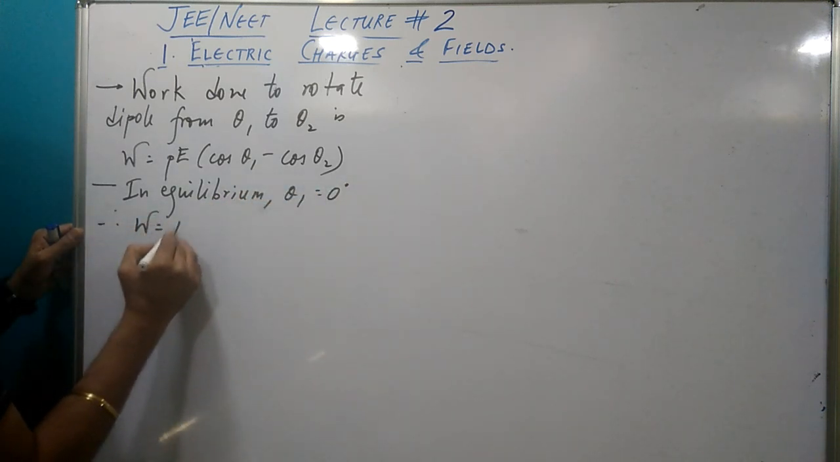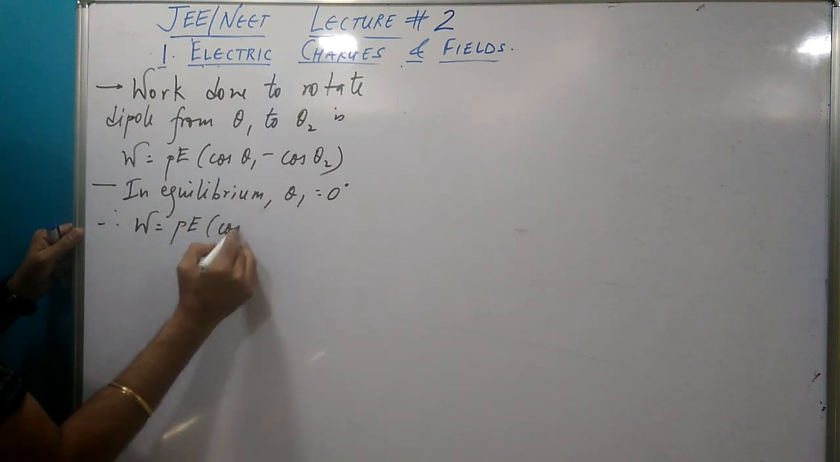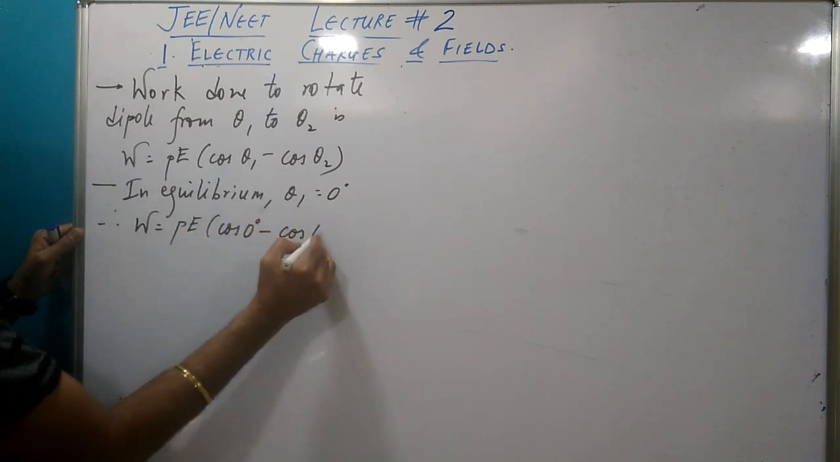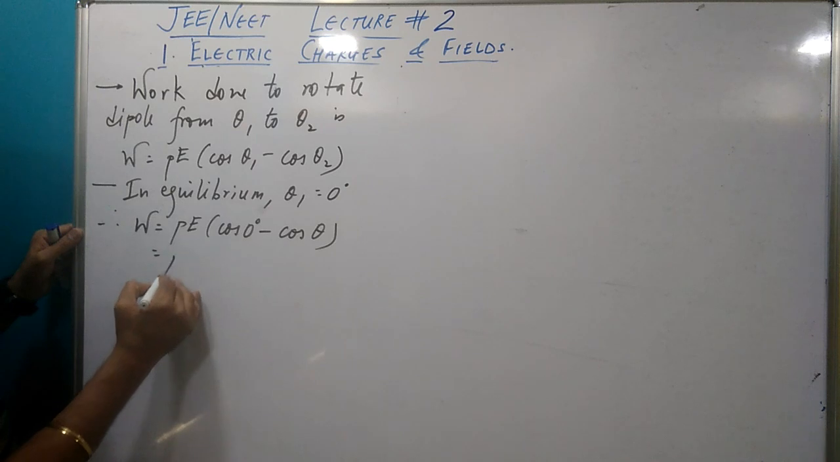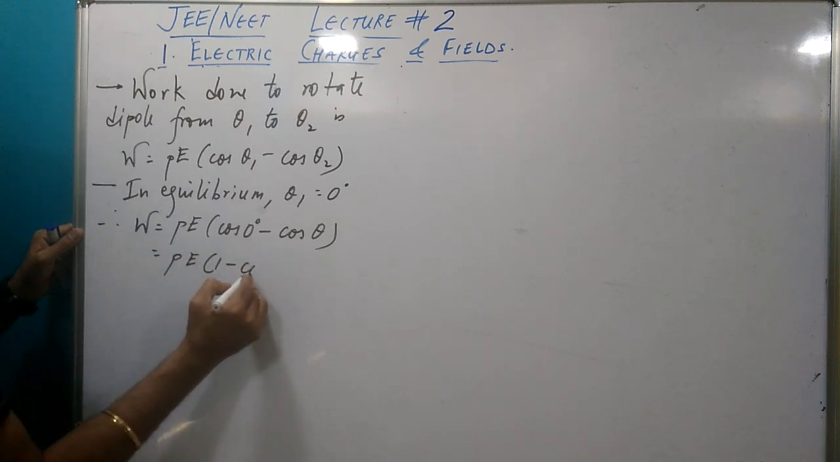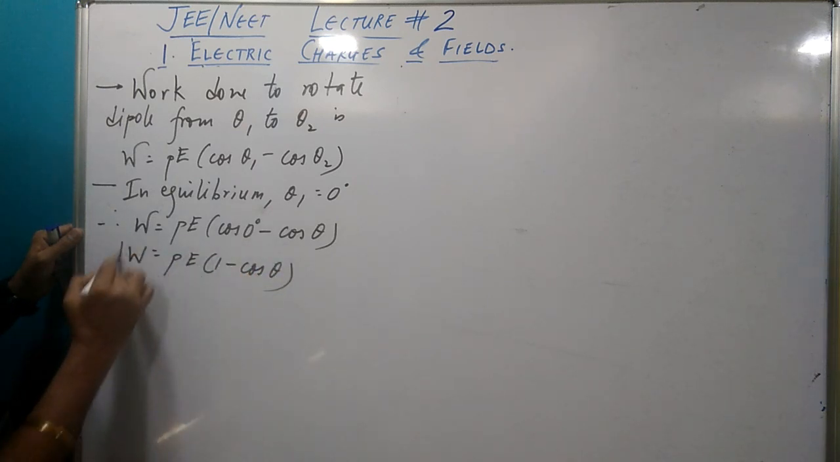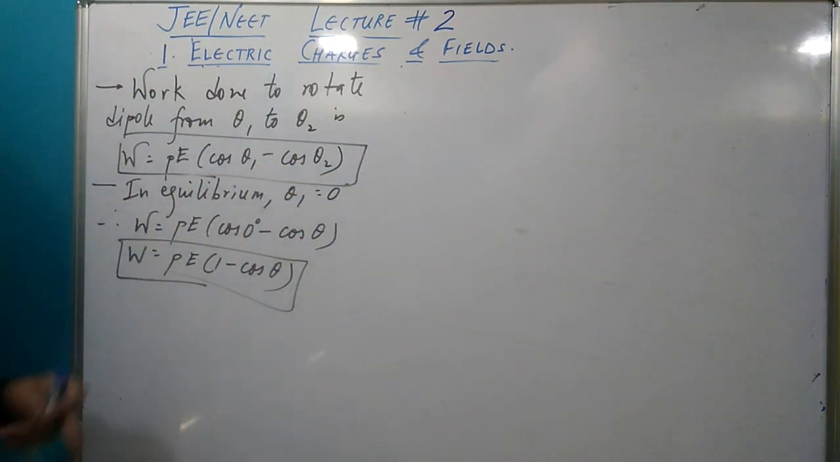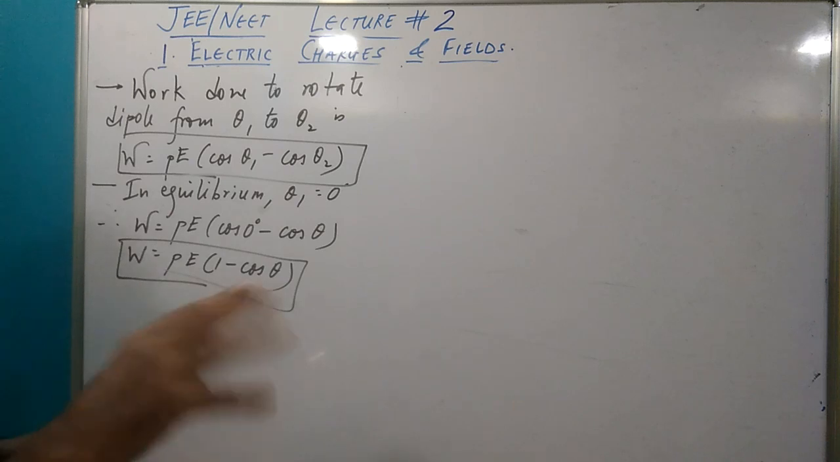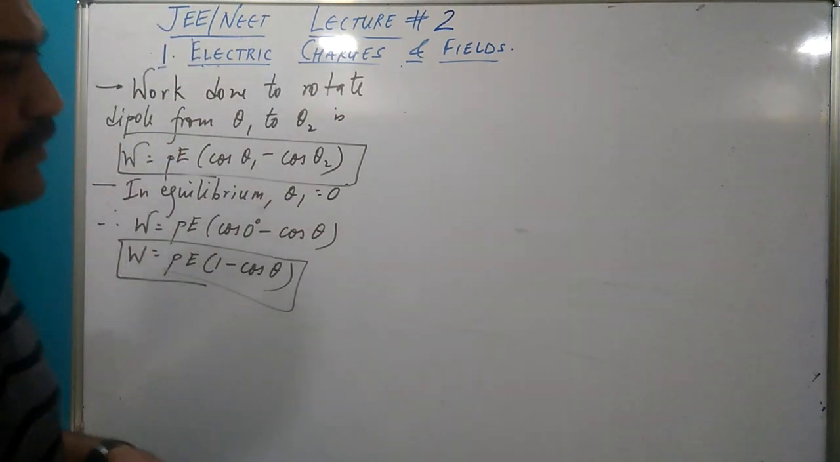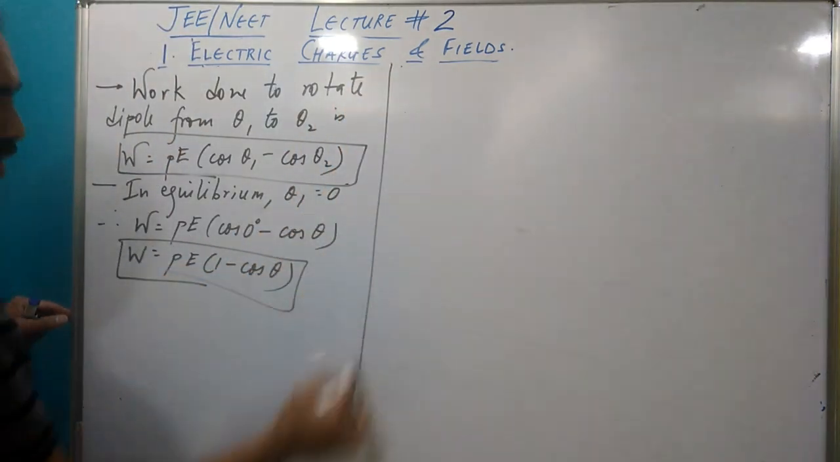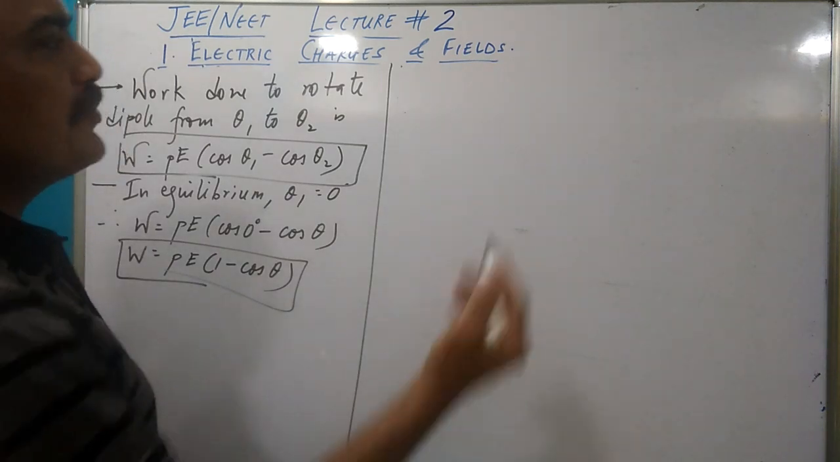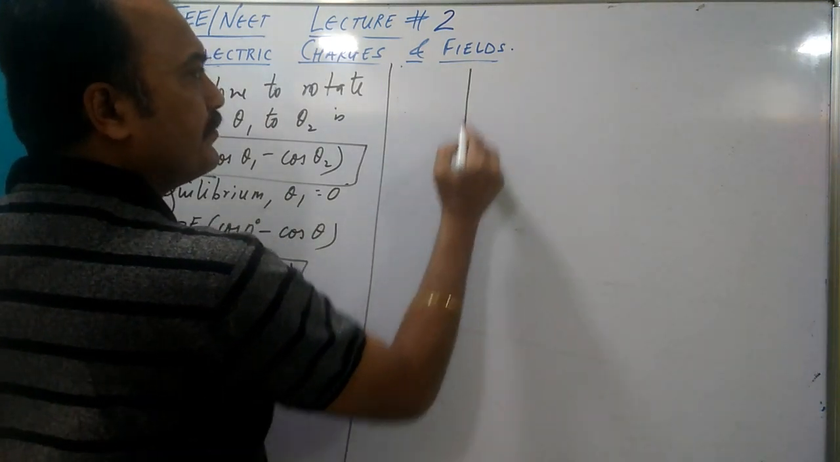Therefore, work done is PE (cos 0 minus cos theta), and cos 0 is 1. So this is PE (1 minus cos theta). These ideas come from the potential energy of the dipole, which we shall see in detail in chapter number 2. Also, a special idea. Suppose I have this electric field